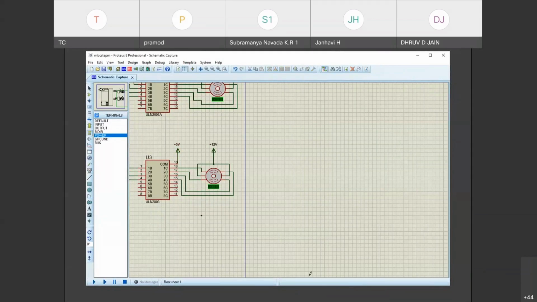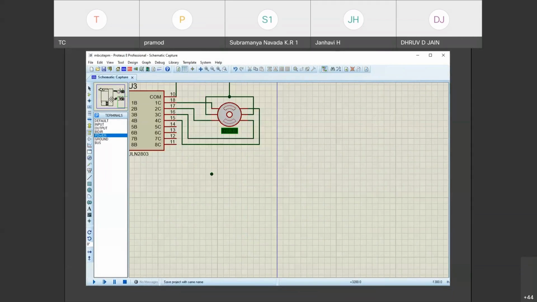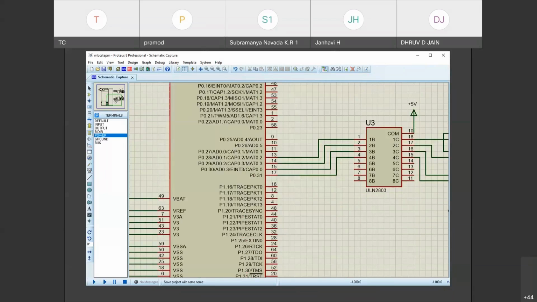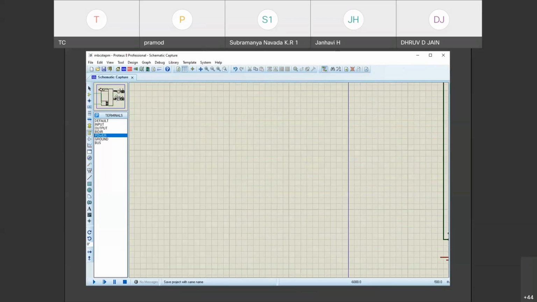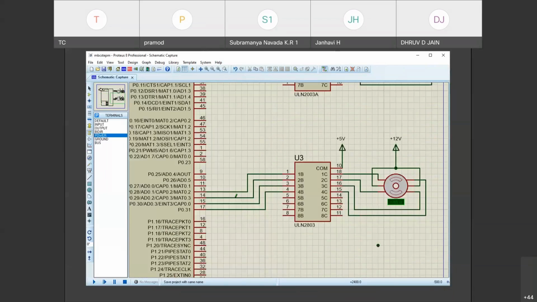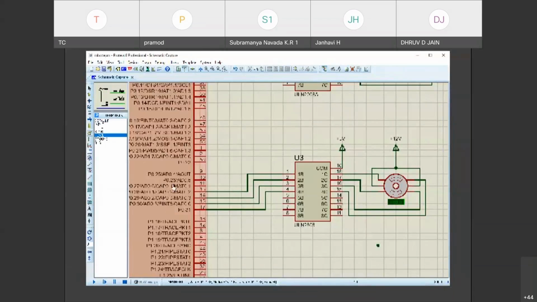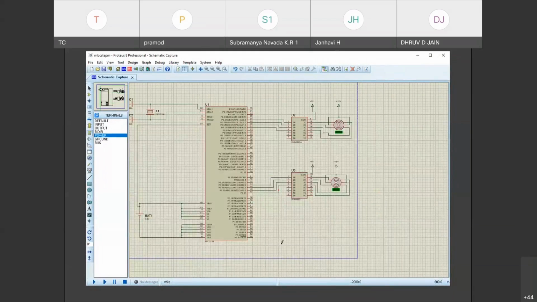So once you do that, just try to understand what you did now. I have connected ULN2803 as the interfacing device here to the LPC2148. Here port 0 pins were used and a stepper motor. Now that's it. So I did the connection. What I will do? So just cross check. This is the diagram which is visible to you now. So what I will do? I already created the hex file. I'll double click on this.